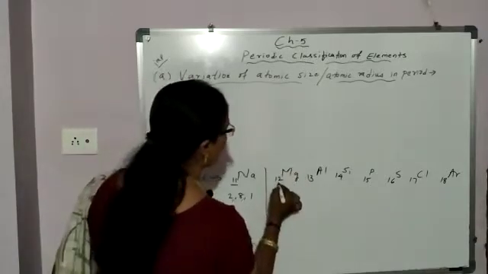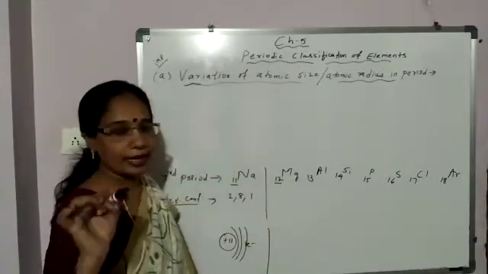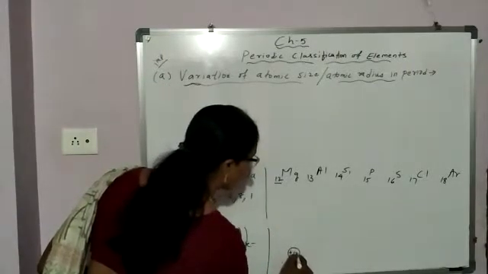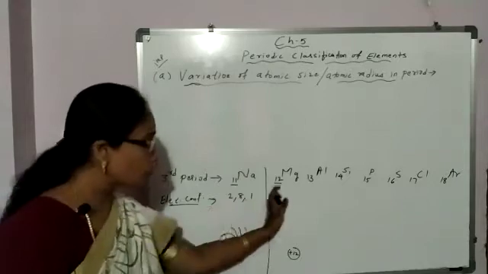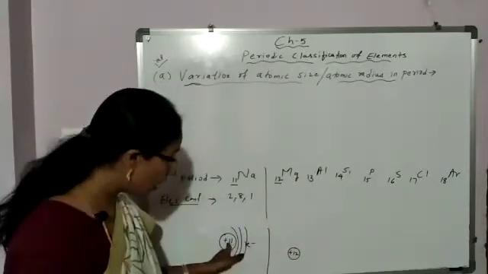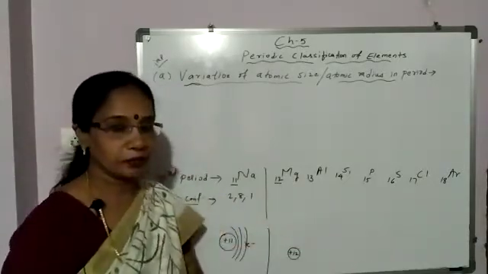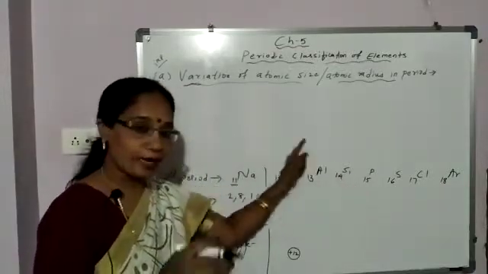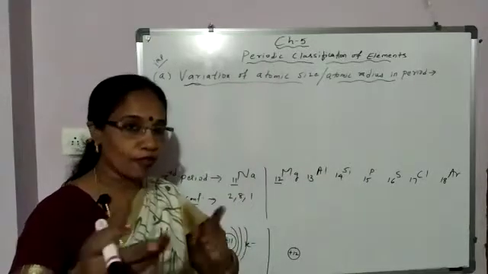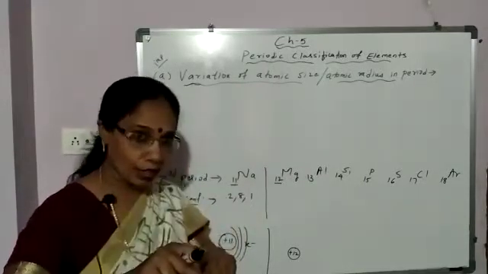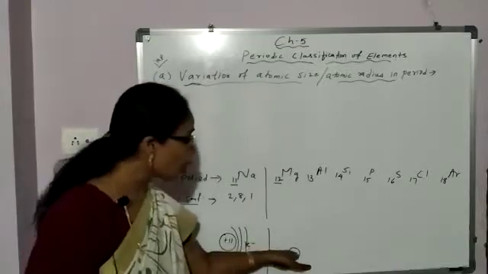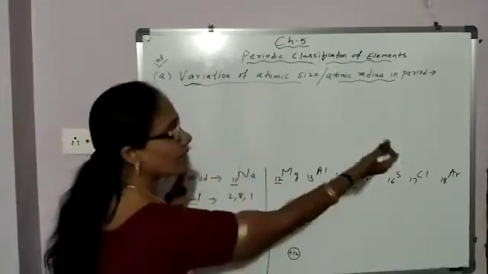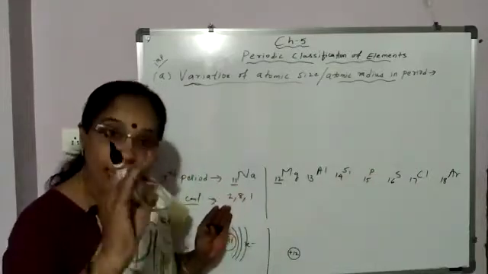Now, come to magnesium, atomic number 12. Atomic number is equal to the number of protons. So, how many protons? 12. As you move from left to right in a period, what do you find? The nuclear charge goes on increasing, because atomic number increases by 1, atomic number is equal to number of protons, and where are protons present? In the nucleus. So, number of protons in the nucleus increases, which means nuclear charge increases. As we move from left to right in a period, nuclear charge increases.